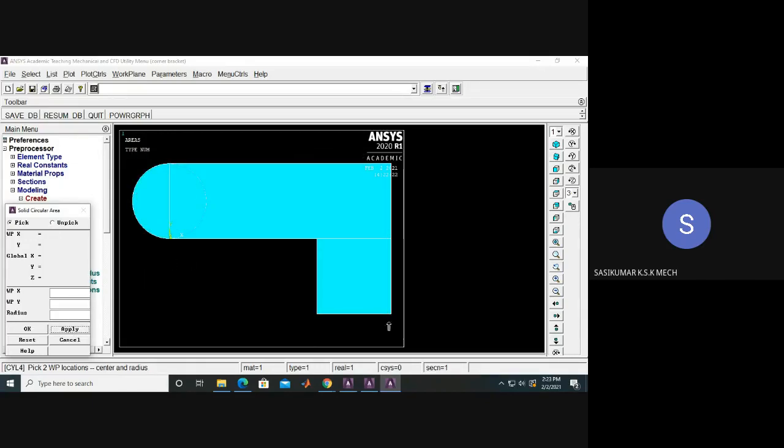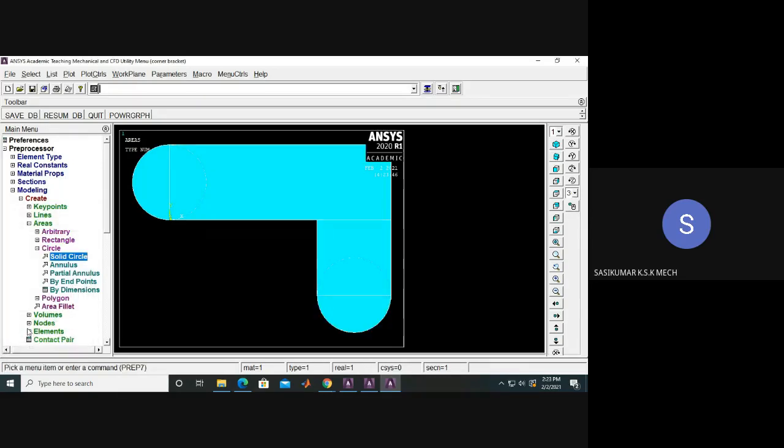Similarly, I have to create a circle on the bottom right of this. This is our origin, so this position will be x of 5, and y should be on the downside, so it is -2, and radius is once again 1. Just give OK. I have created a circle.